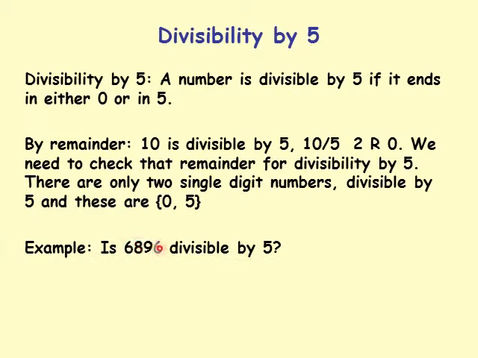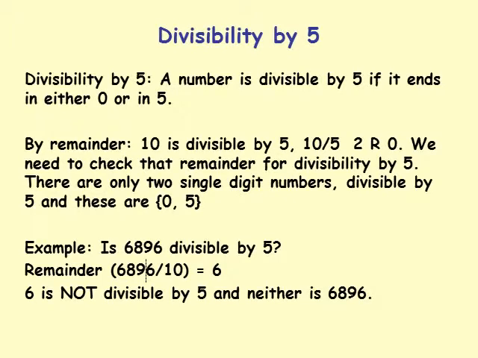Example, is 6896 divisible by 5? Let's continue here. First step is we're going to take away all the 10s we can. The way we do that is 6896, and we draw a line to the left of the 6 here. The one on the left is a quotient, the one on the right is a remainder. Remainder is 6. Okay, let's continue. 6 is not divisible by 5. It's not in this set of 0 and 5. So, and neither is